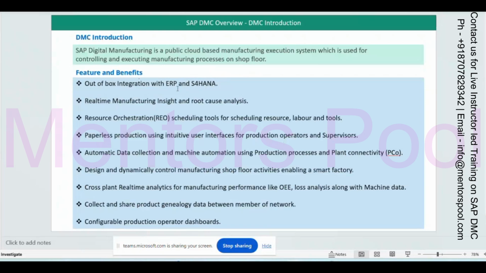ERP or S4 HANA, you can say that is the planning system, right? Actually you are doing your planning. It means you are generating your production order. You have materials created there, or I can say the master data has been created. On top of that, you are doing planning, and then you are creating your production order for further execution to the floor, right? So what happens in DMC,